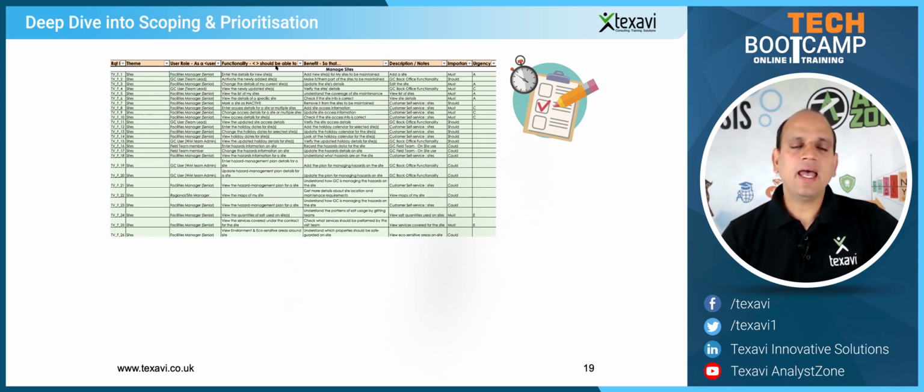And then you can say, as a user, I should be able to enter the details of the new site. So I get the benefit: I can add new sites to be maintained, and I can activate the newly added site so that I can make it important to be maintained, right? So here, this is the benefit column. So you should read this whole thing like a user story.